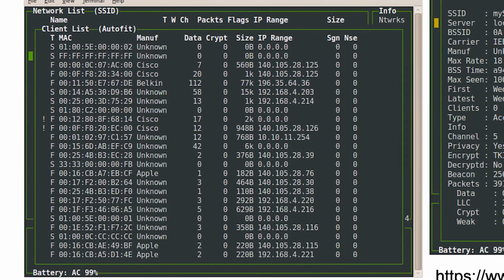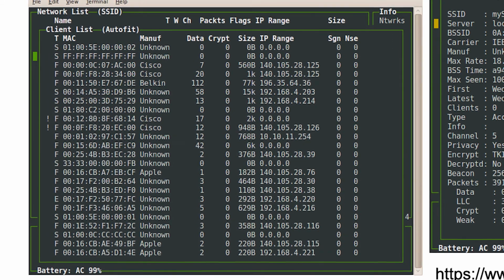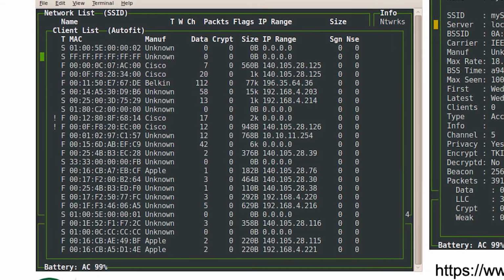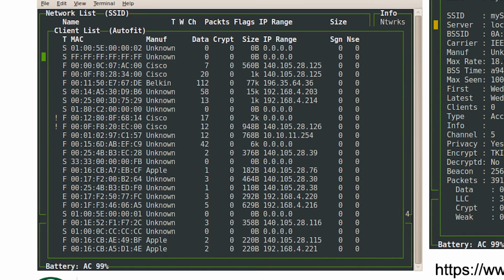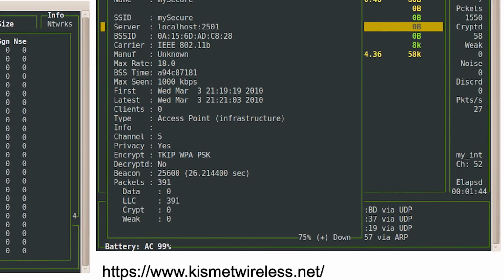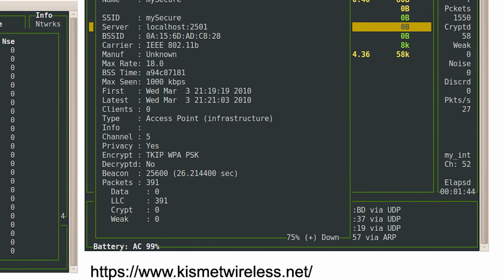You're seeing IP settings. You can use those to spoof devices if you have hostile motivation. You will see detailed information about encryption on these networks. You can see all the clients on networks, always provided, of course, these are not protected with additional means. So Kismet, absolutely a must-have tool.